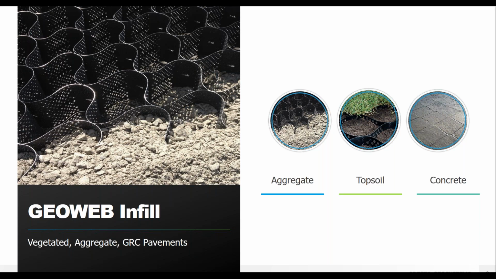And the ability to use sands and these low-quality aggregates really sets the 3D GeoWeb system apart from things like planar geogrids or geotextiles. Those products do typically require high quality materials with high friction angles to achieve their optimal performance. But with the GeoWeb system, low friction angle materials are going to be just fine. And the GeoWeb panels can achieve their full potential even with those poor materials. So it can be good cost savings in that respect.